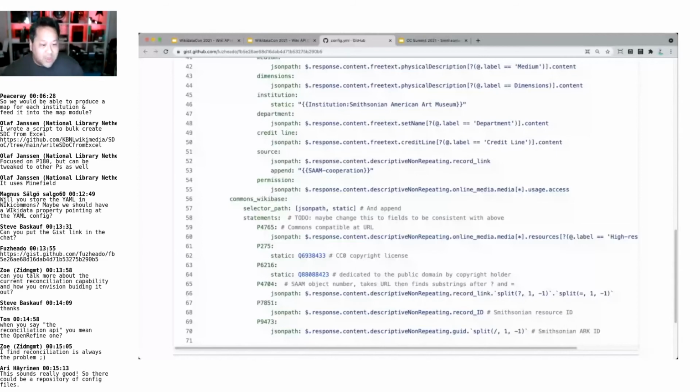So Ari is saying, yes, this sounds really good. Could there be a repository of config files? Absolutely. That's the idea, the same way that something like Cradle has all their config files on Wiki, or any of the tools that store their config files on Wiki. That would be a great